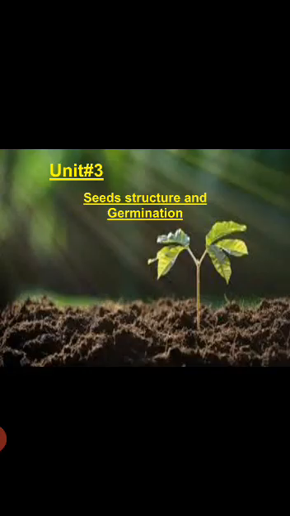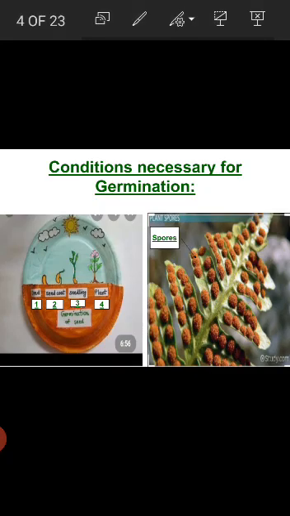Students, we are doing unit 3 named seed structure and germination. Today our topic is conditions necessary for germination. So firstly I tell you the meaning of conditions, necessary and germination. So condition means circumstance, necessary means essential or needed, and germination means a process by which an organism grows through